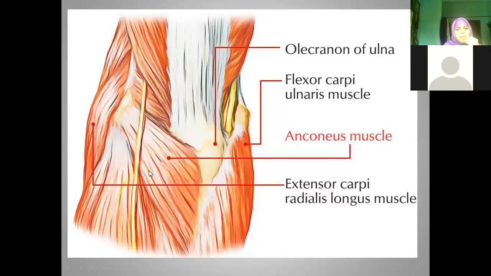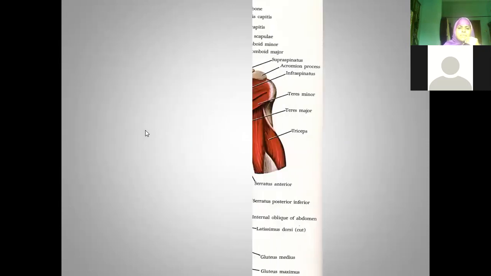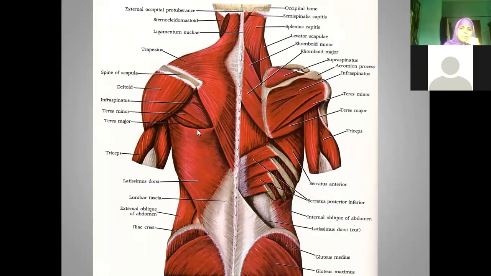Anconeus muscle. Okay. So this is the radial nerve which is passing from there. This we have already studied. This picture will help us to just recollect the muscles. What is the name of this muscle in trapezium shape? Trapezius. Okay, attached to the medial border, what are the muscles we have? Levator scapulae, rhomboid minor, rhomboid major. Above the spine, supraspinatus. Below the spine, infraspinatus. Then along the lateral border, teres minor, teres major.